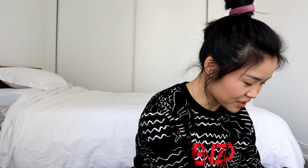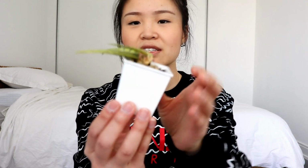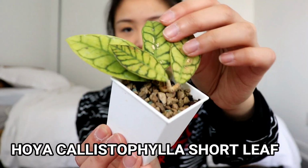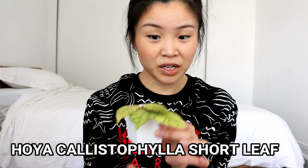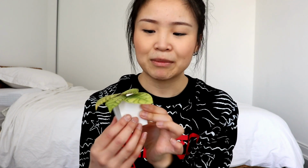We're down to, oh my god, still 6 Hoyas. So there's quite a few in this video, so I hope you guys will appreciate the long video. This one is the Hoya CALLISTOPHYLLA. So this one was growing in pon, and I only recently transferred it to pon, and since I did that, there's like 4 leaves growing out. I mean, they're very tiny, and it's really hard to show you, so I probably won't try to show the camera, but once it actually grows out, you best believe I will be doing an update,